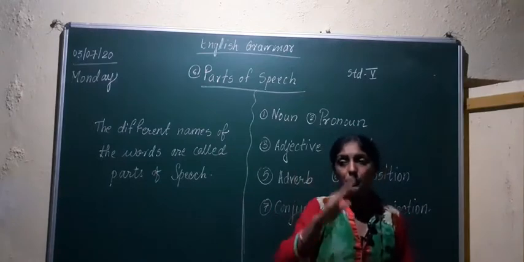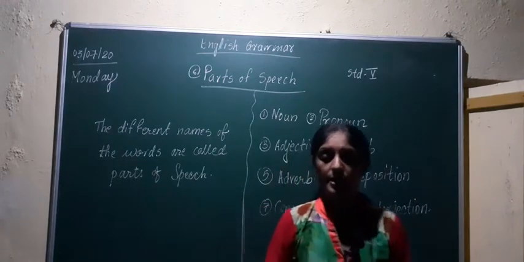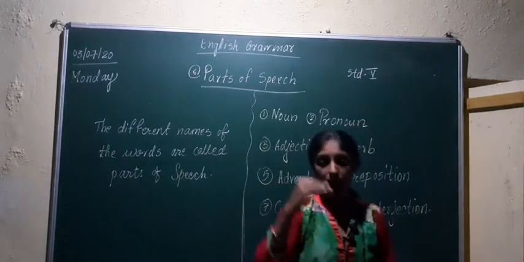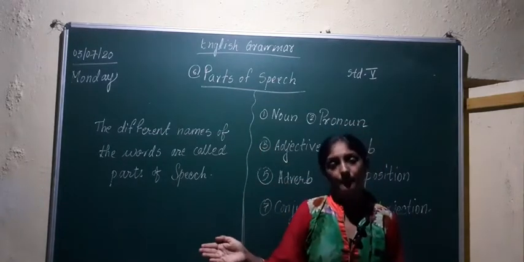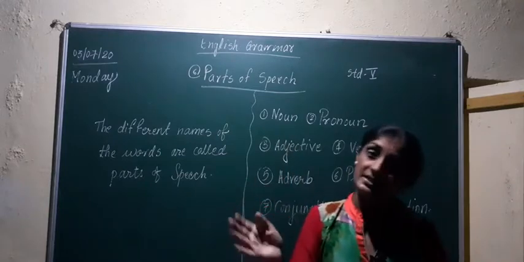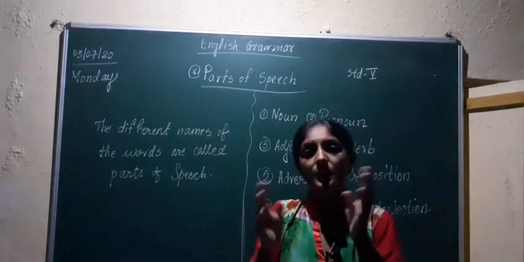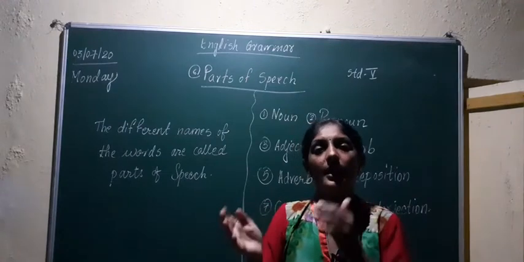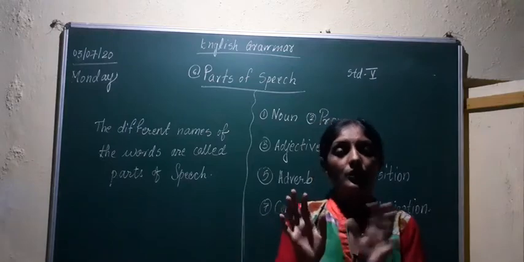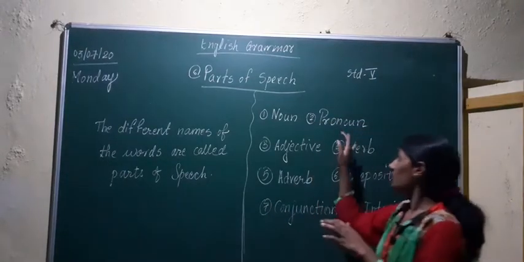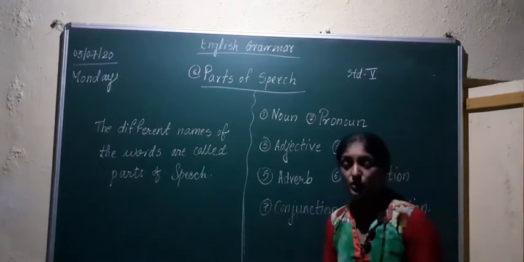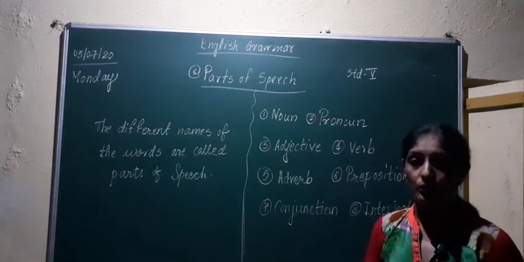I have told you pronouns. I, we, you, he, she, it, they. Me, us, you, him, her, it, them. Do you remember what in 4th standard we were singing? I, we, you, he, she, it, they. Me, us, you, him, her, it, them. Those all words are pronouns. Pronouns are words which are used instead of noun.